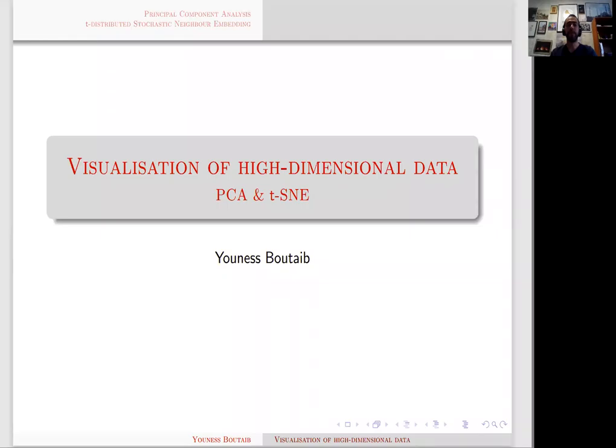Hello everyone. Today we will look at two popular techniques of visualizing high-dimensional data. Usually as engineers or statisticians, we have to handle datasets where the data points have a large number of features. This could be in the order of dozens of features, for example, if we are collecting the grades of the students at the university, or thousands of features if we are collecting the color values of each pixel in a